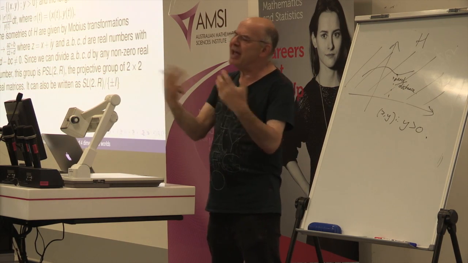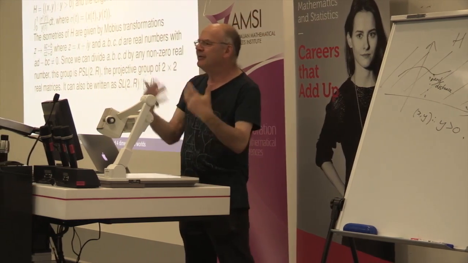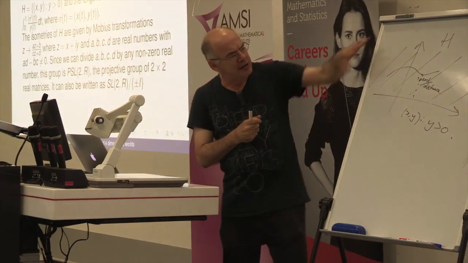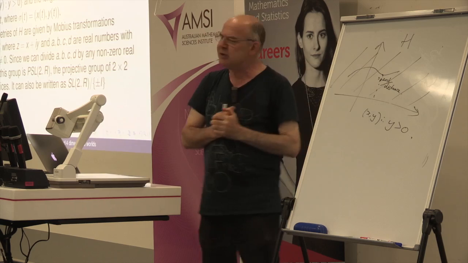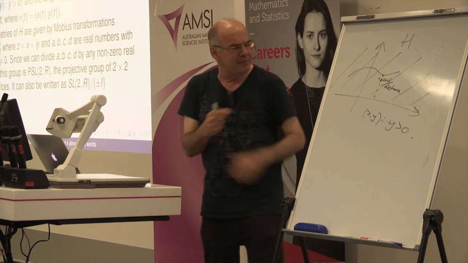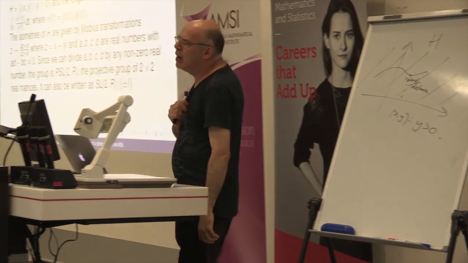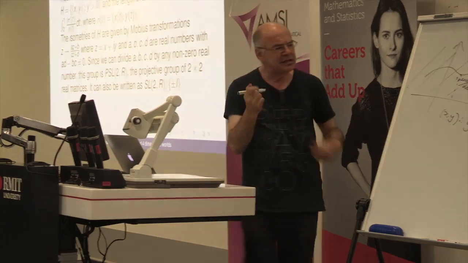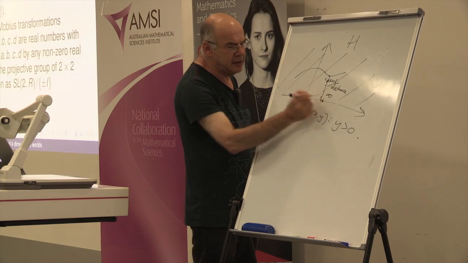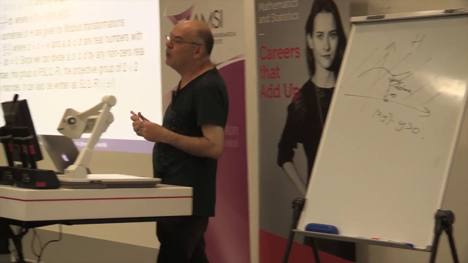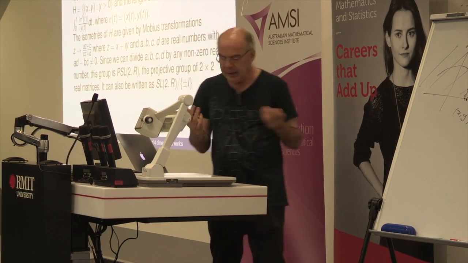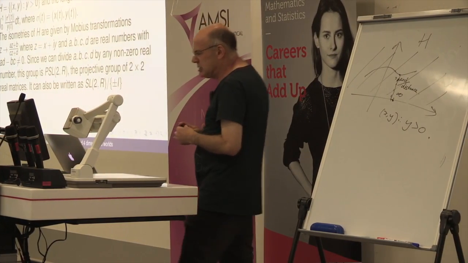If you've ever seen Escher pictures, Escher is a wonderful artist who was very interested in hyperbolic geometry. What you get is tilings where things get smaller and smaller as they get to this boundary, because you have to expand them out by this factor of 1 over the distance. So it's actually an infinite distance from here to here. The x-axis is infinitely far away. It's called the ideal boundary of the hyperbolic plane. So that's what it looks like.